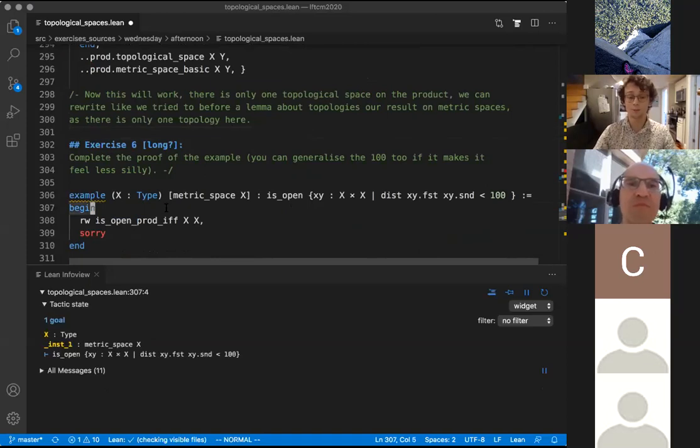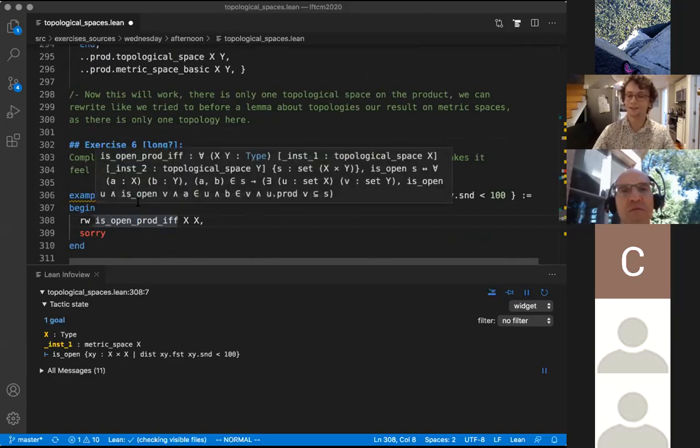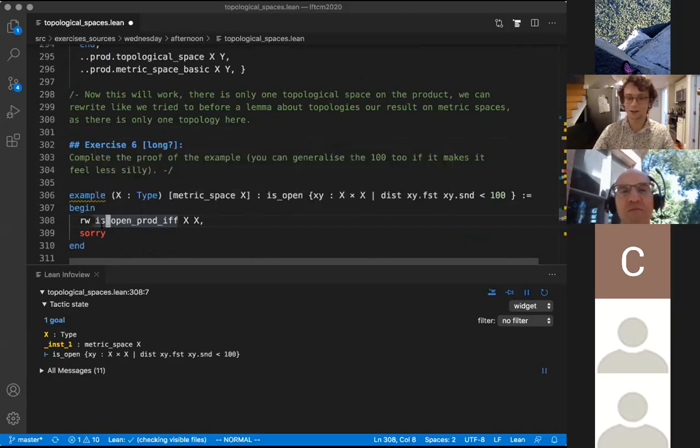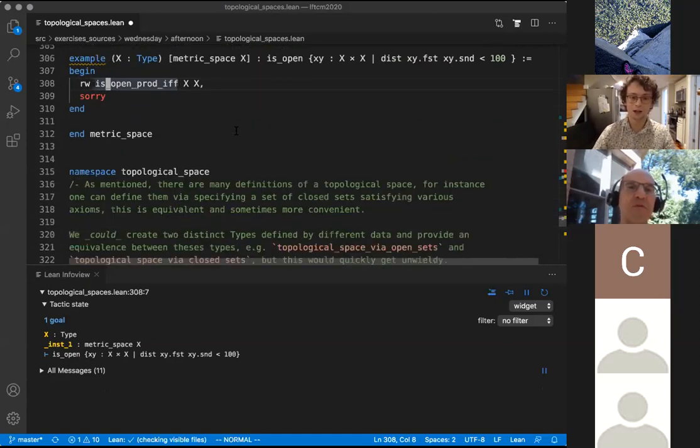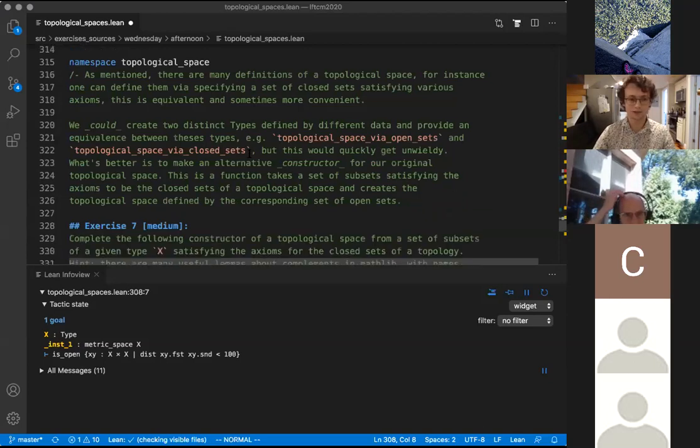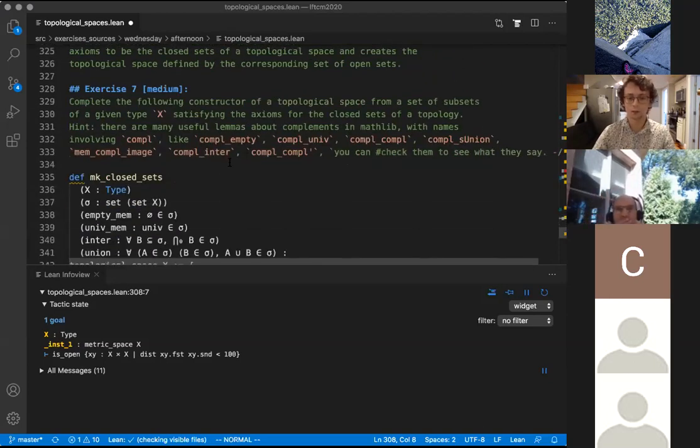Here we prove the lemma that we tried to rewrite earlier and failed. And so here we see that it works this time. With this new definition of metric space, not metric space basic, we can rewrite this thing, the type classes don't get confused. We don't get a weird red underline and some confusing error message. And then there's a couple more exercises down here at the bottom,